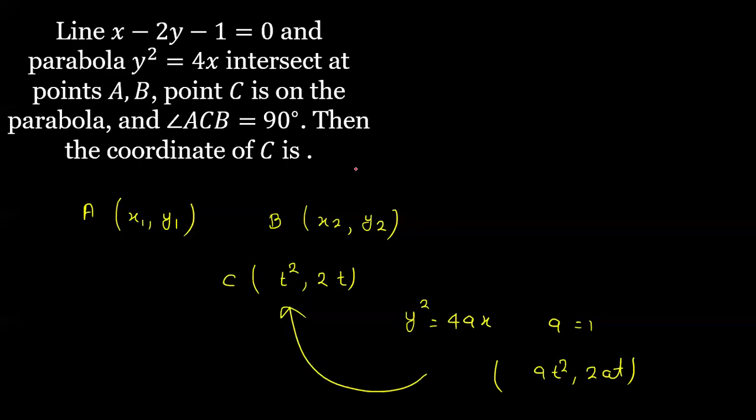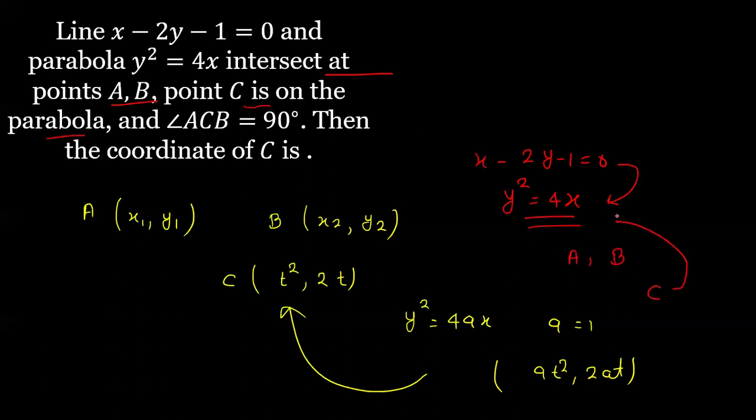So hello guys, in this video we are going to solve this problem. In this problem it is given that the line x minus 2y minus 1 is equal to 0 and the parabola y square is equal to 4x intersect at A and B. So this line is intersecting this parabola at the points A and B, and point C is on the parabola,